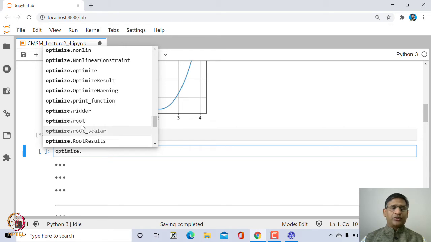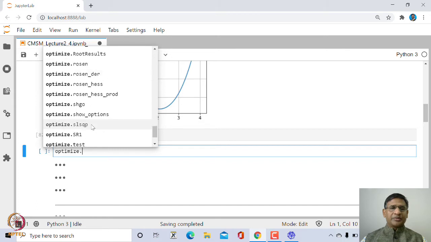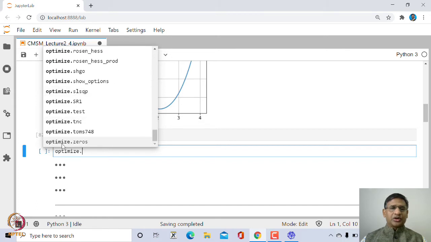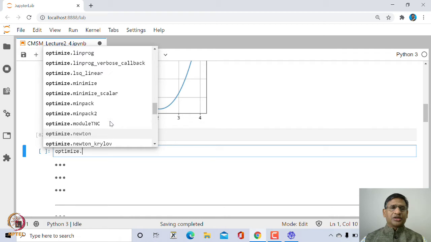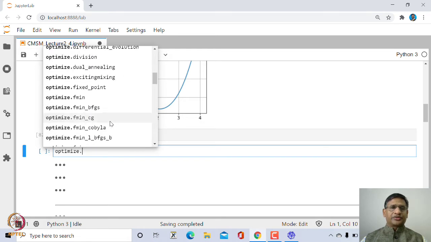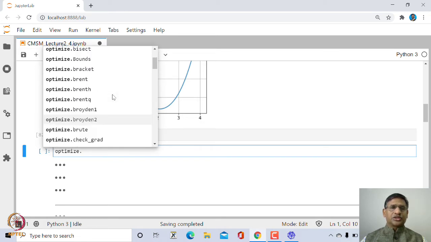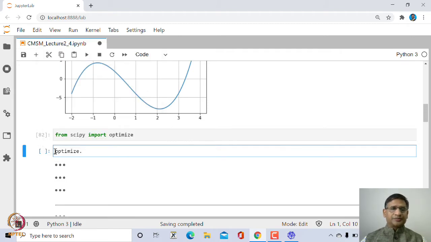This can find a root of a one variable function and also a multivariable function. There is also a function called bisect which will use the bisection method. So let us make use of this bisect.